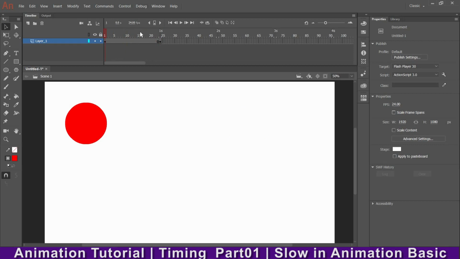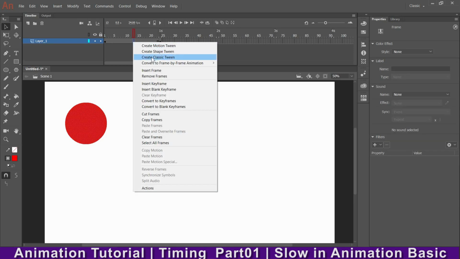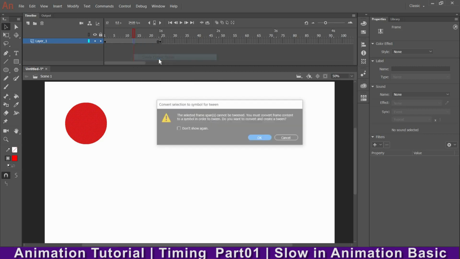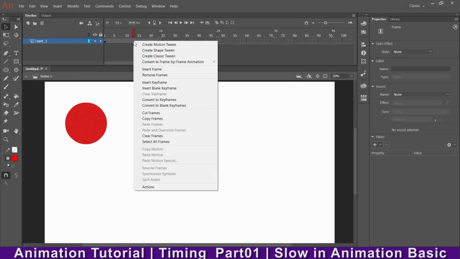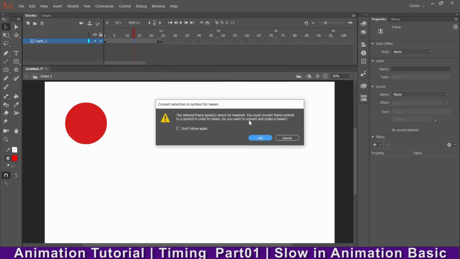By default, one option is there with which you can do the animation technically: create classic tween. If you hit it, then by selecting the object into a symbol you can do the animation, and automatically it will move from the first point to the last point. I'll show it to you. If I hit it like this, it will say that your object should be converted into a symbol to do the animation.